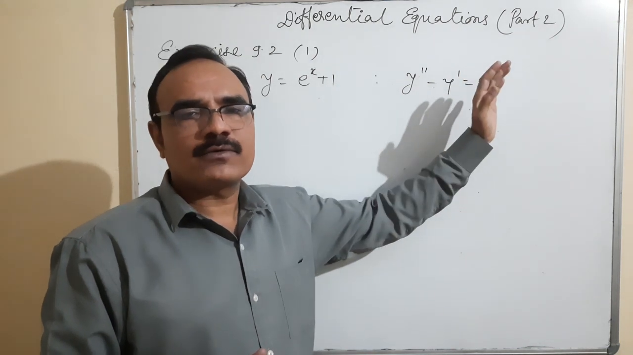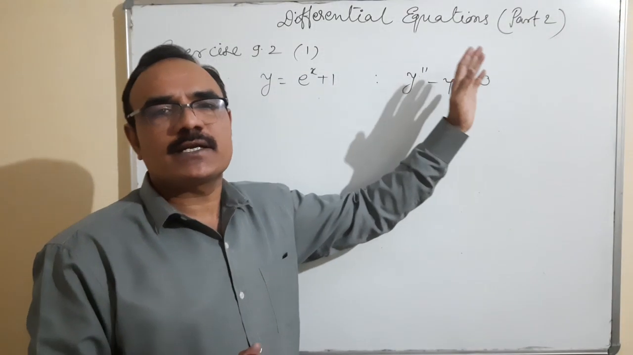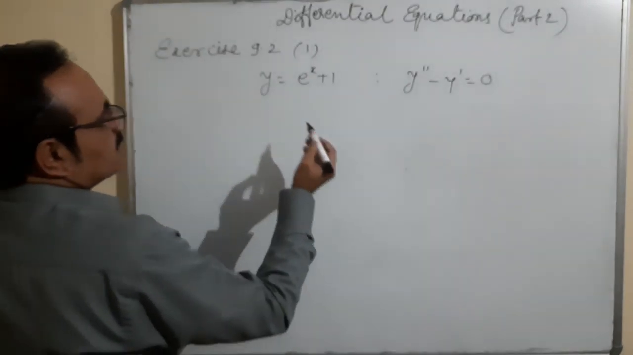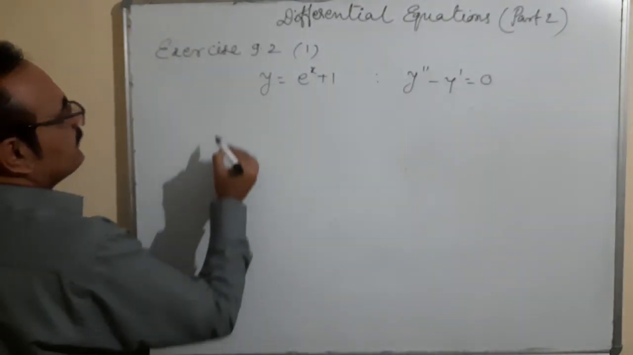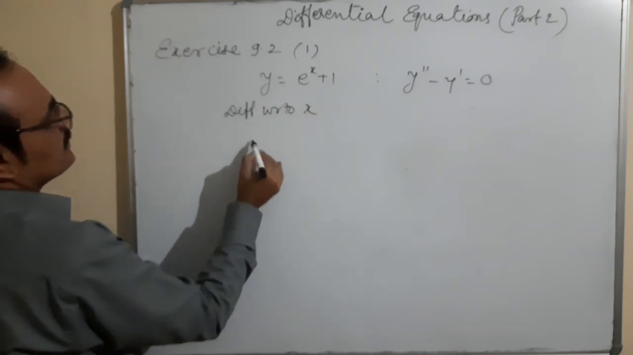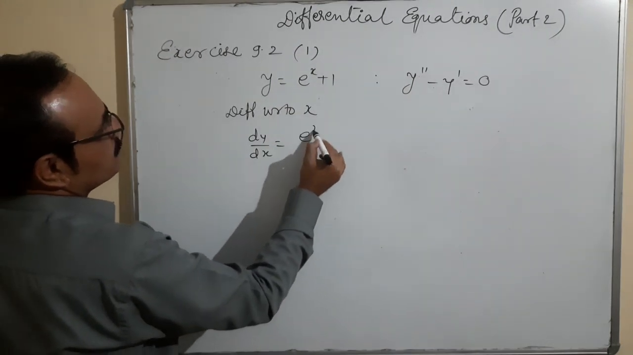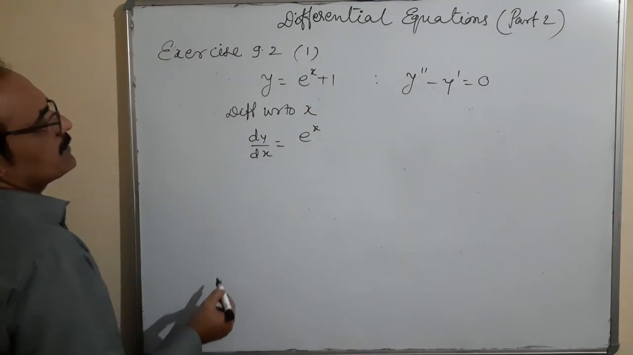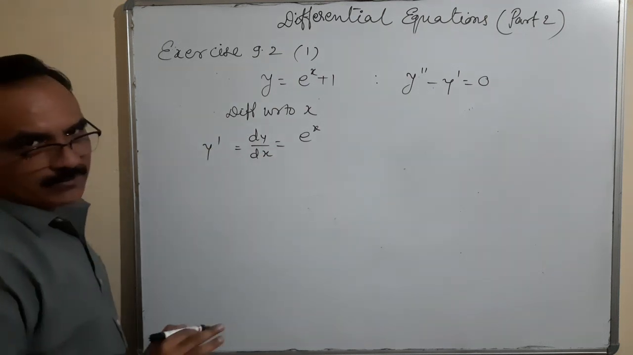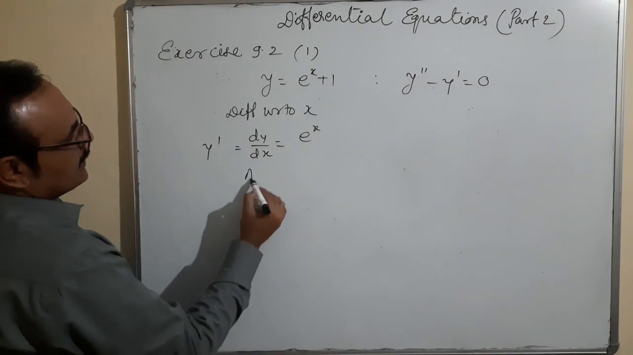If it comes 0, that means this function is a solution of the differential equation, otherwise it is not a solution of the differential equation. Okay. So y is equal to e to the power x plus 1. Differentiate with respect to x. dy by dx is equal to the differentiation of e to the power x, which is e to the power x, plus the differentiation of the constant term, that is 0. dy by dx we can write here as y dash, same meaning. Again, because we need y double dash,